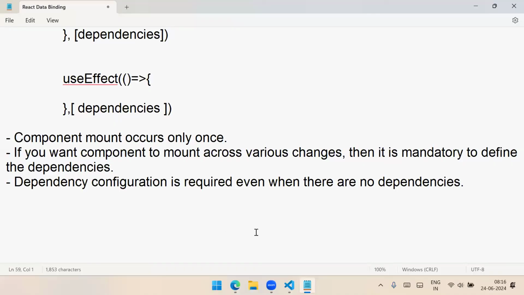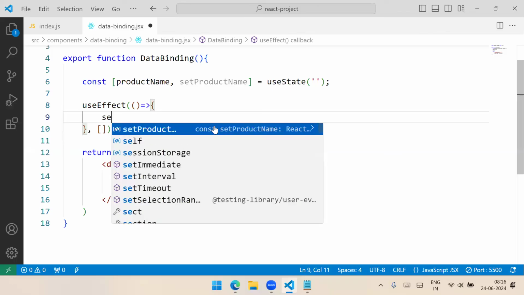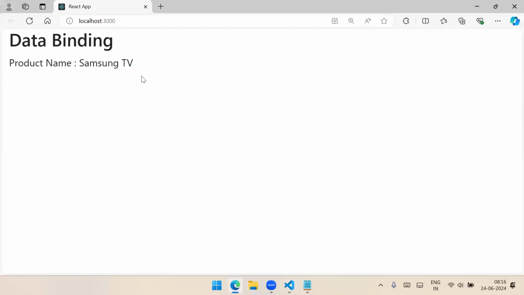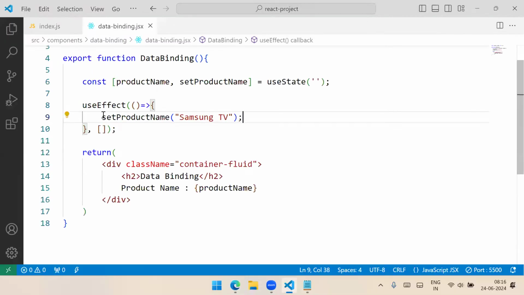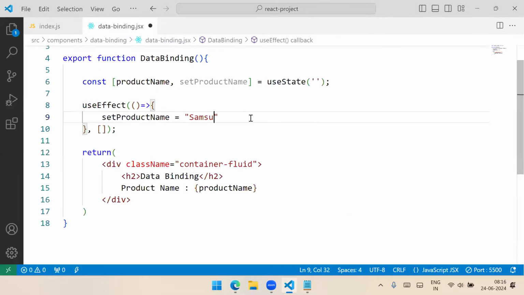Now, in this phase, what we are doing is using set product name, and into that you are trying to store some value. And what is the value? Some new value I am defining, some Samsung TV. Now you can see that the value is assigned. This is the right way. And if you try to assign a value, that means set product name is equal to Samsung TV,